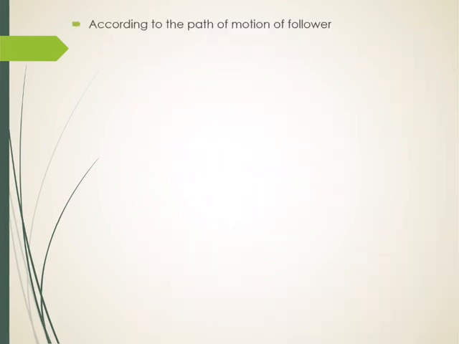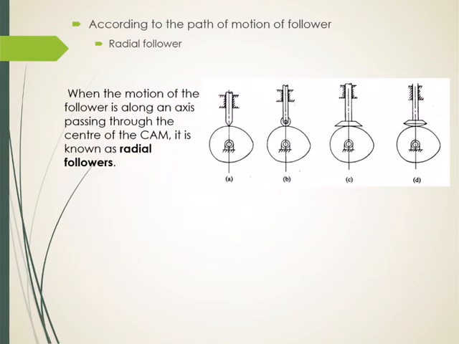We can also classify the follower depending on the path of motion of the follower. This is another way of classifying the followers. The first type is called radial follower. The radial follower simply means that when the motion of the follower is along an axis passing through the center of cam, it is known as radial follower. Irrespective of the shape, whether it is knife edge, roller, flat face or spherical, if the axis of movement of that follower passes through the center of cam, then we can call it